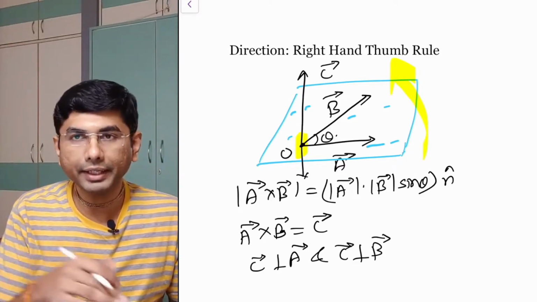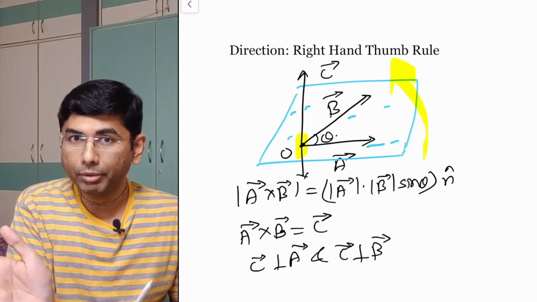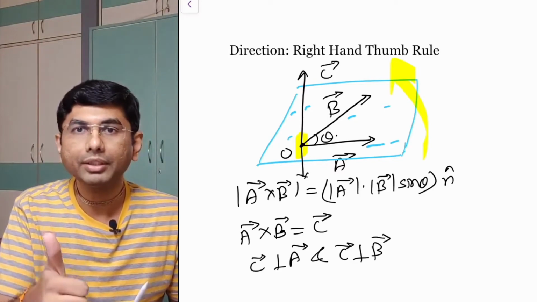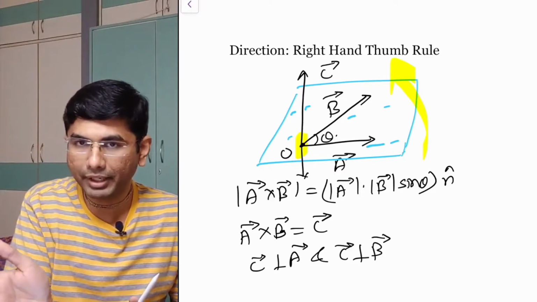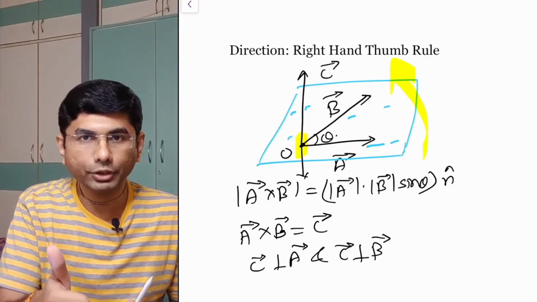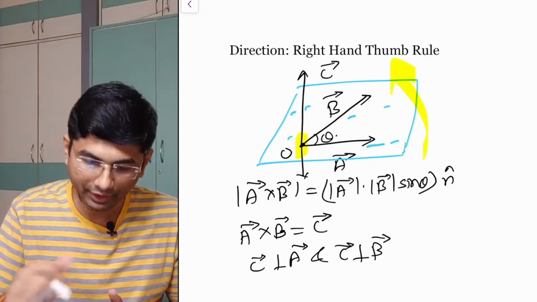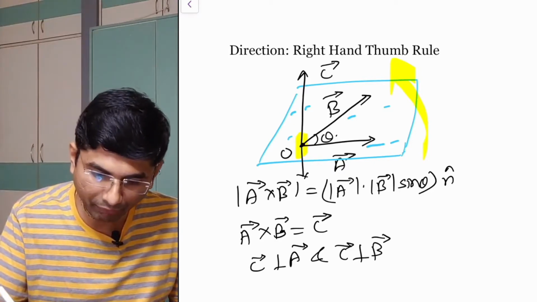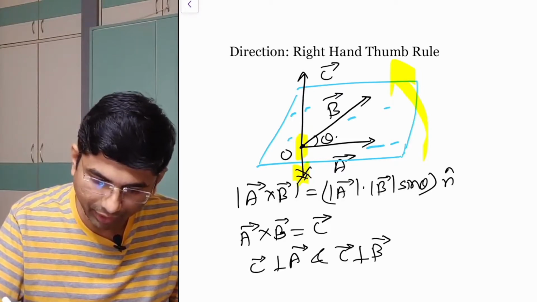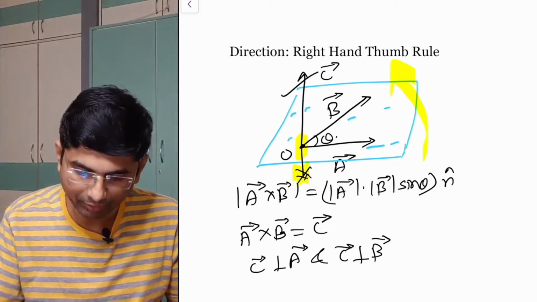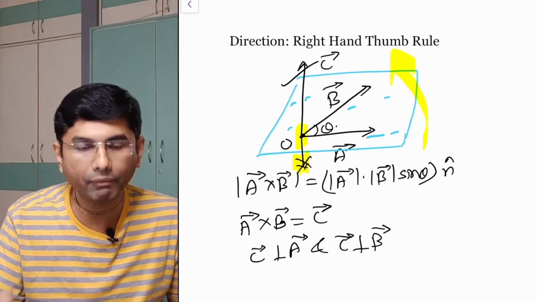And when I am turning from A to B, you just see, if A and B are on the surface and I am turning my hand from A to B, then the direction of C is coming upward. Now in this case, the direction of C vector will be upward. Then we will not consider this side. And when I am saying A cross B, the direction will be upward.